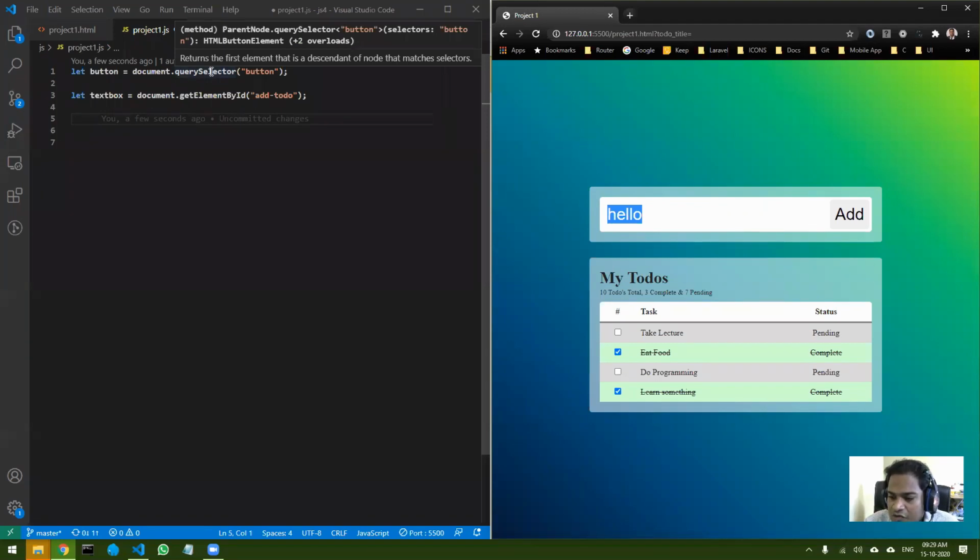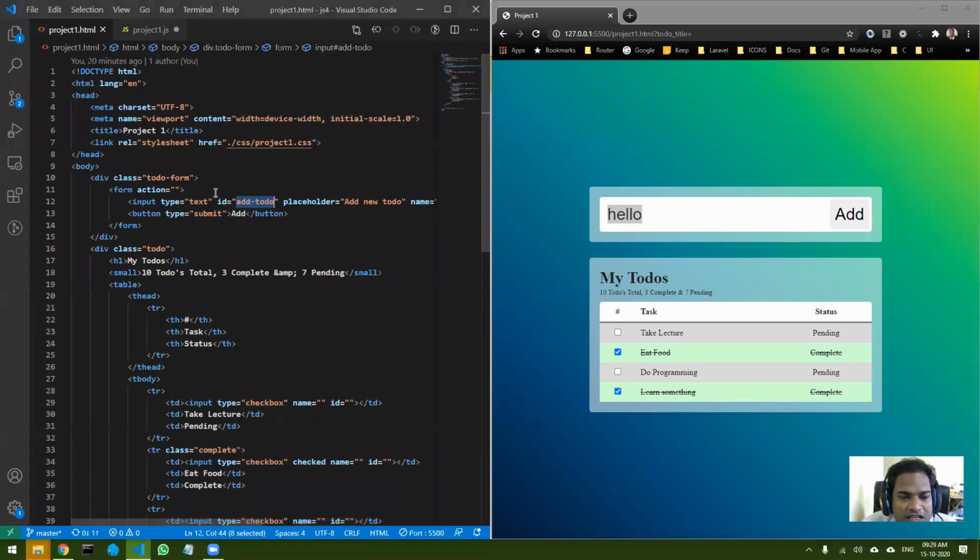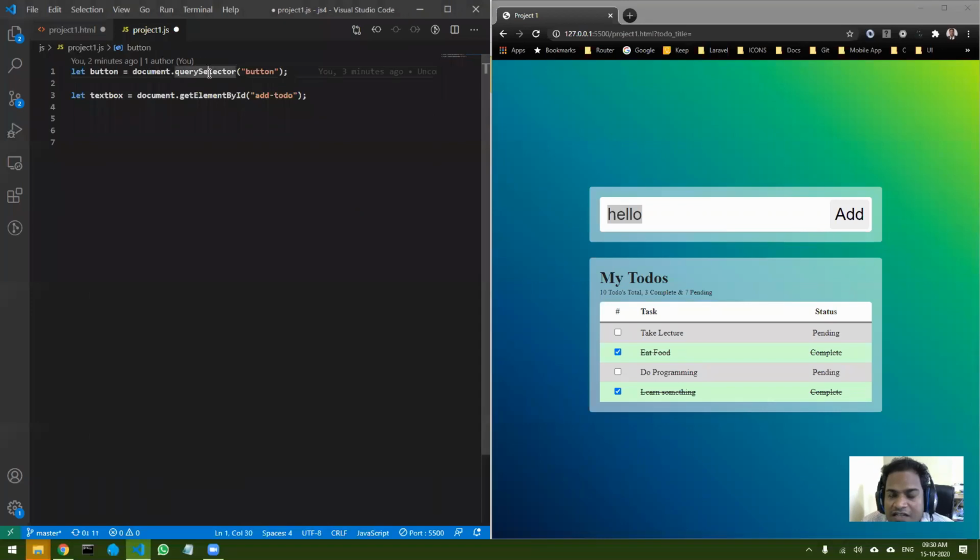You can use it for classes also. Here you can see I have an ID called addTodo, and I also have a class called addTodo. So you can use querySelector to select both of them. Let's see how to do that.